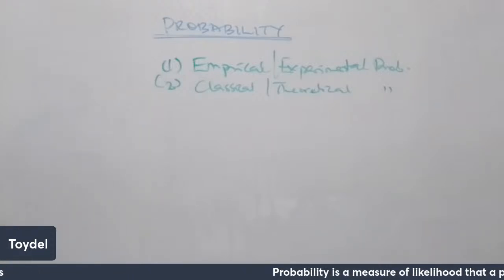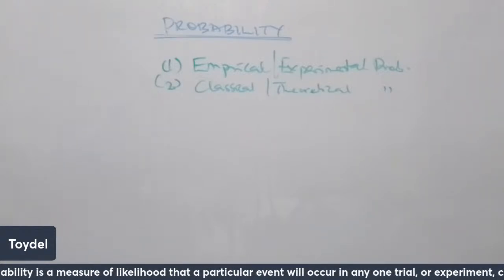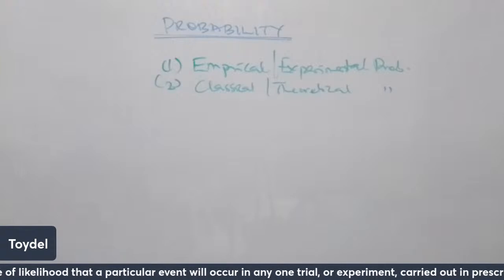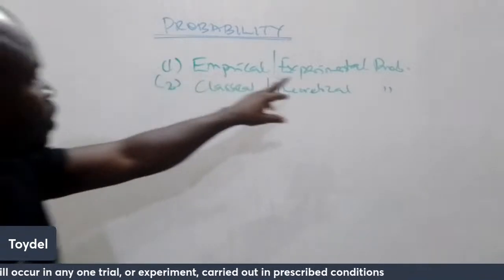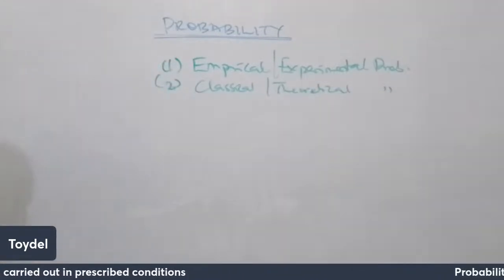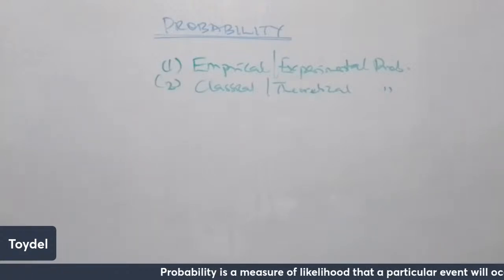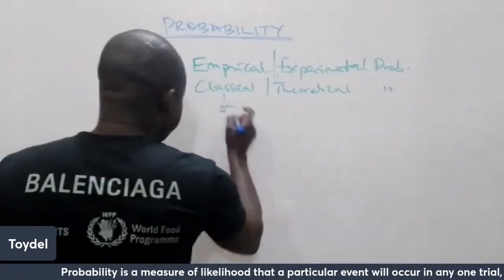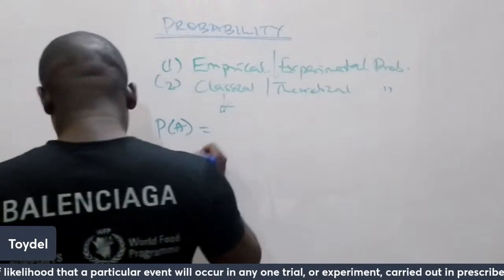So this classical or theoretical probability is based on the theoretical number of ways in which it is possible for an event to occur. Of course, I can be using the 2 words interchangeably. So when I say empirical or experimental, or if I say classical, I'm actually talking about theoretical probability. Now, under classical probability of an event, let's say the event is A occurring, the probability of A simply means the